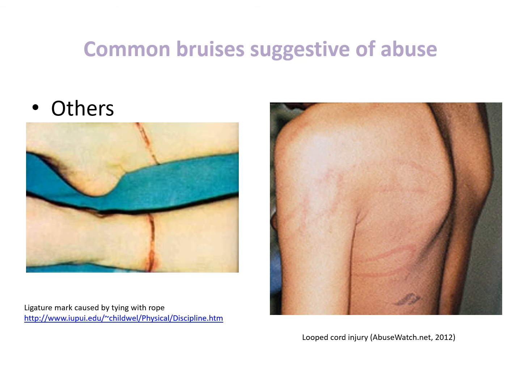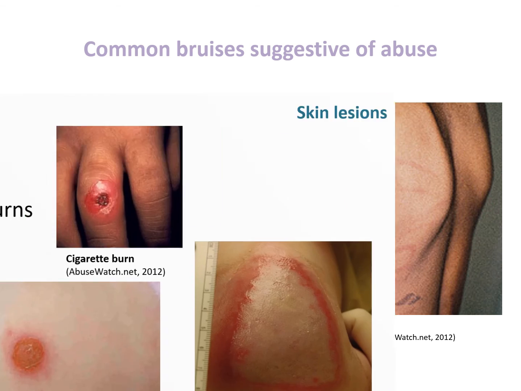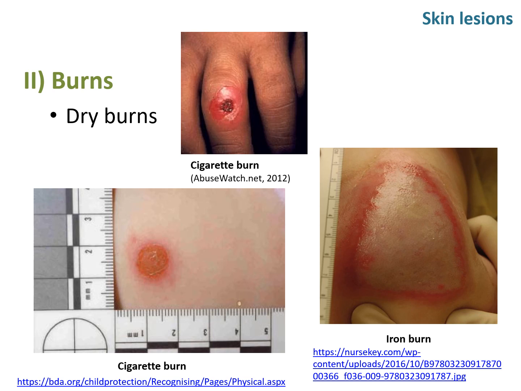So these are the bruises, which are the cardinal sign of the first type of skin lesion. The second type of skin lesion is burn. Burn may occur due to different causes. It may be dry burn or wet burn. In case of dry burn, it occurs by a hot object put on the skin of the child,